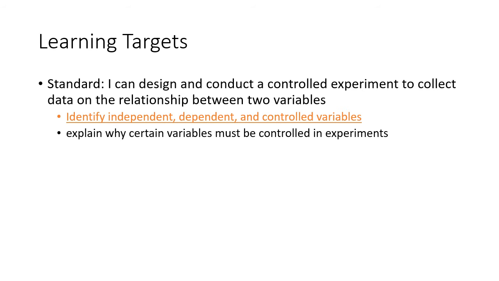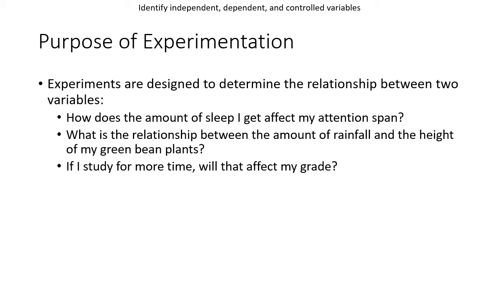And in order to help us understand this, I just have a quick idea here about the purpose of experimentation. So anytime we do experiments, they are always designed to determine the relationship between two variables. So for example, here are some questions that we might ask that would lead us to doing an experiment. And what I want you to notice here is that each of these questions is asking about the relationship between